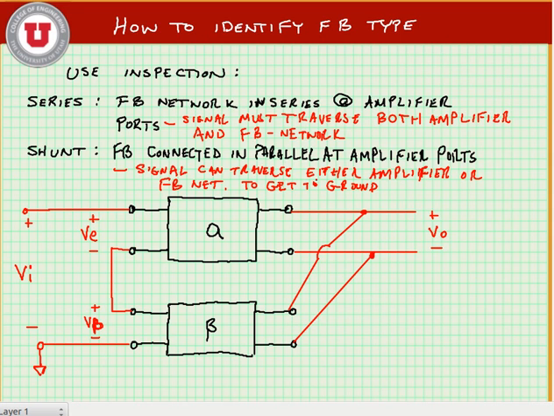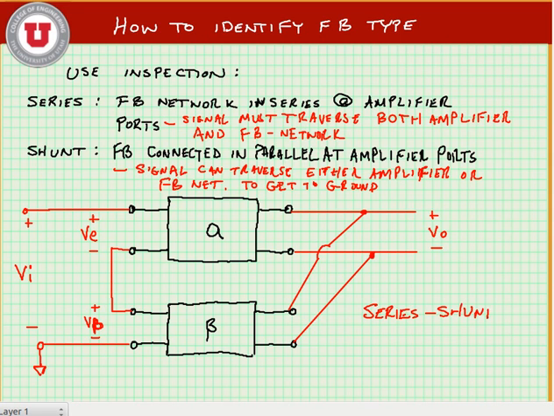Now, we normally label our amplifiers by the types of feedback at the input and the output. So for instance, we put series feedback at the input and shunt feedback at the output. So this amplifier would be called a series shunt